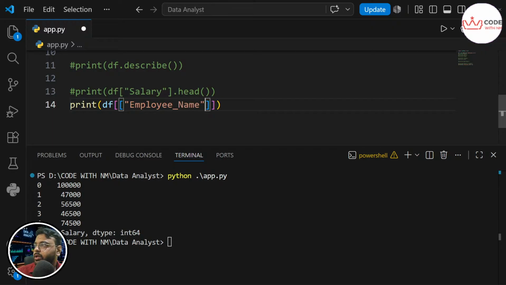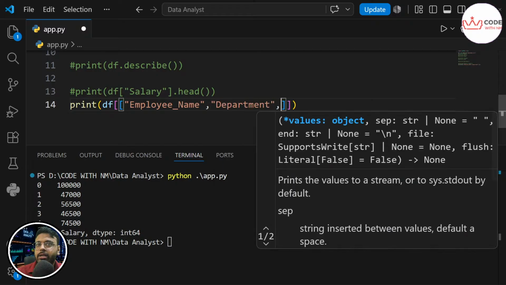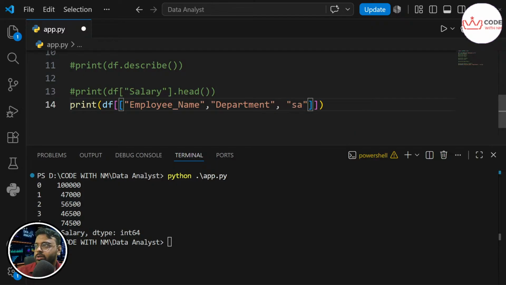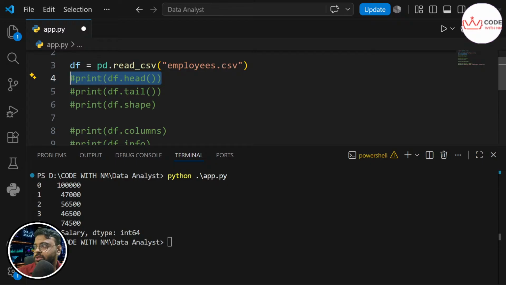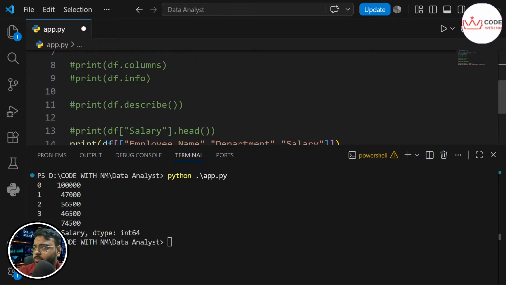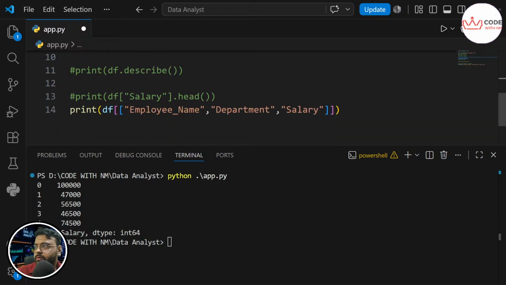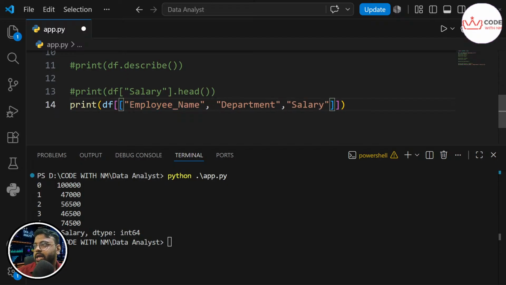I'm interested in employee name, and then I'm interested in which department this employee works in, let's say, and again let's call out the salary too, and make sure the column name is exactly how it is in the Excel, and we don't need to jump onto the Excel. Just do df.head and you will get all the column names, or else you can do df.columns and you will get all the column names, and it should be exactly the same as it is in the CSV file, or else it will generate an error.